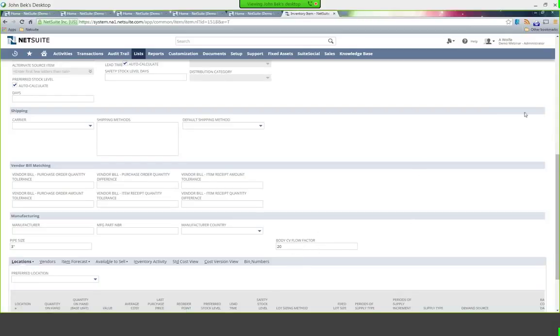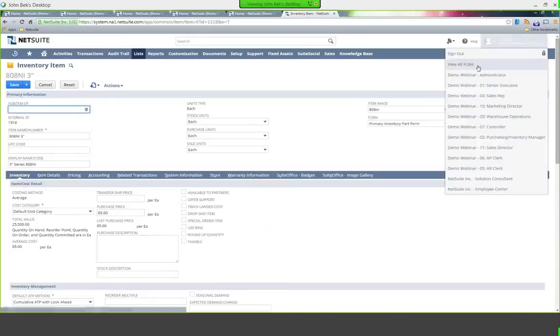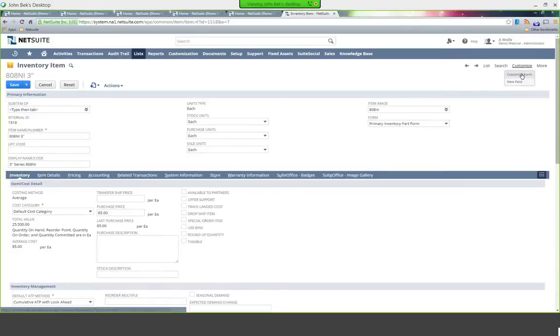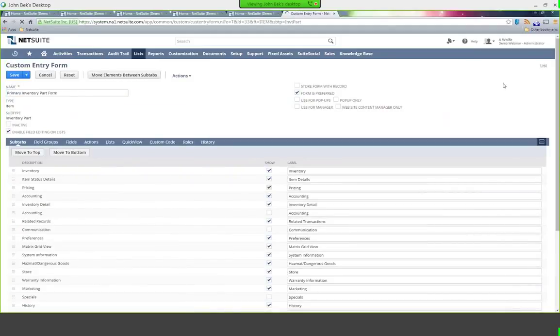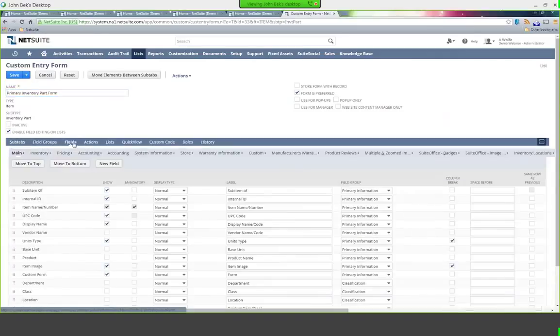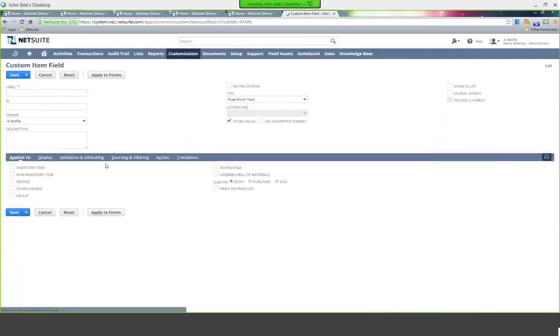So you have the ability to create these custom fields, and it's really just as simple. If I scroll up here to the top, click Customize and Customize Form. And I'll just show you a quick example, not to get into a lot of detail, but I'll just cruise over here in my Customize Entry Form to Fields and say, I want to create a new field. In addition to those other fields that we looked at, I'm going to create a field called maximum inlet pressure. Again, related to this being a valve. And this may be in PSI.